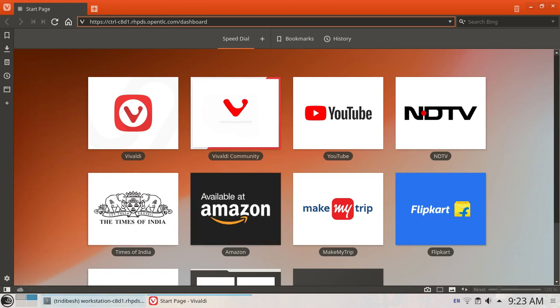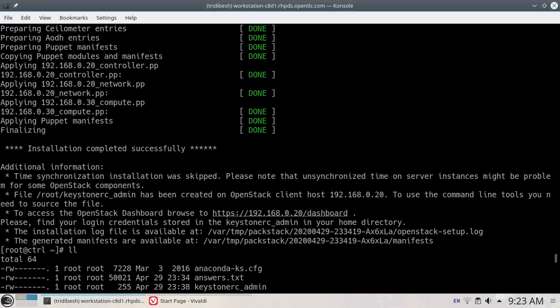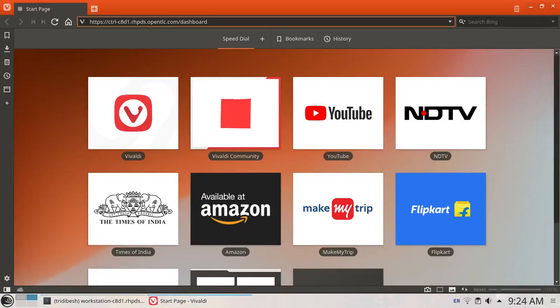In your case, you will get this IP. You can use this IP or directly control.example.com, whatever your host name is, followed by /dashboard. But in my case, as I am doing this in a cloud lab, I will be using the public host name to access this.